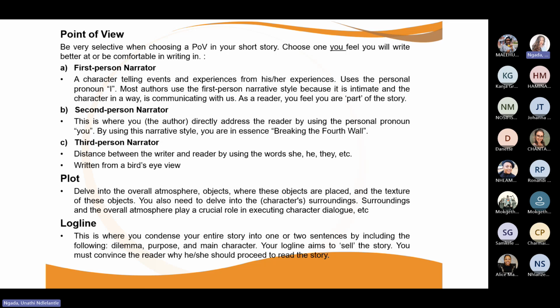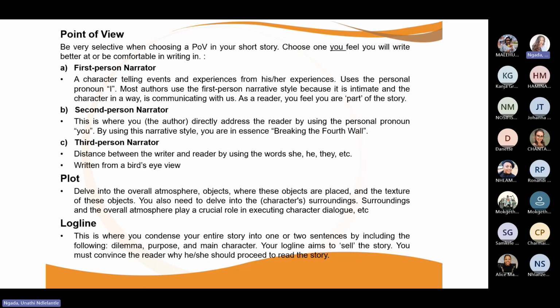A lot of the time, people tend to confuse second person narrative style with the third person narrative style, and because of that, the text in its entirety falls flat. So there hasn't really been a good success rate in writing second person. Most writers, even well-known writers, they either do first person or